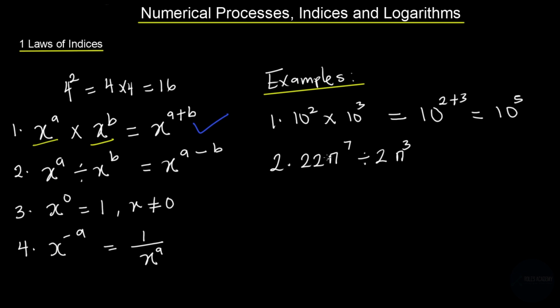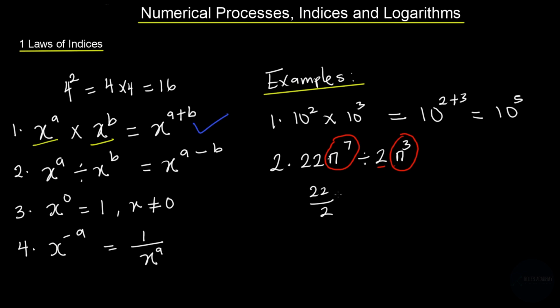22 is on its own, n is on its own, and n raised to the power of 7 is being divided by 2, n to the power of 3. So 7 doesn't cover 22 and n, it covers only n. You should take note of this. And 3 here also doesn't cover 2, it only covers n. So what we have is just n raised to the power of 3 and 22 and n raised to the power of 7. So we are going to treat 22 and 2 as individual numbers. How we are going to solve this is you can simply take 22 divided by 2,